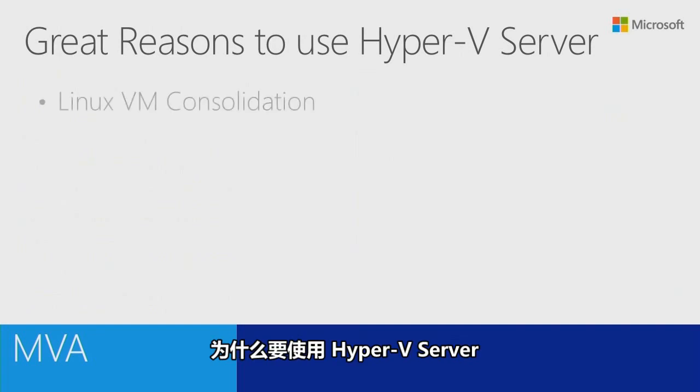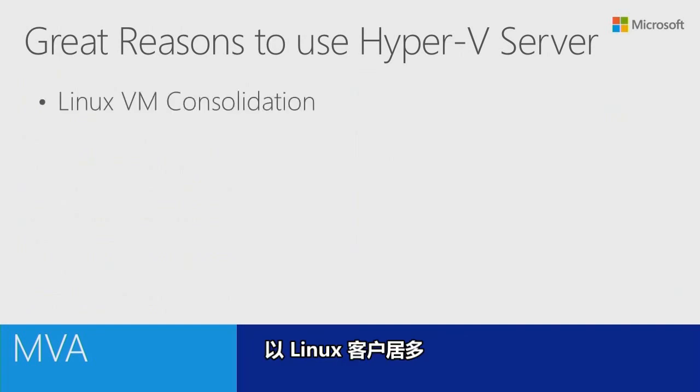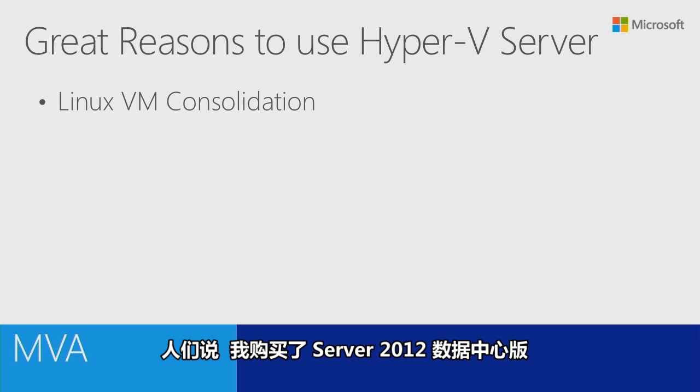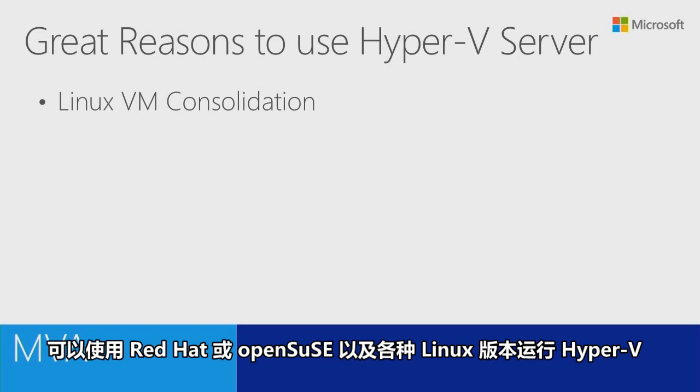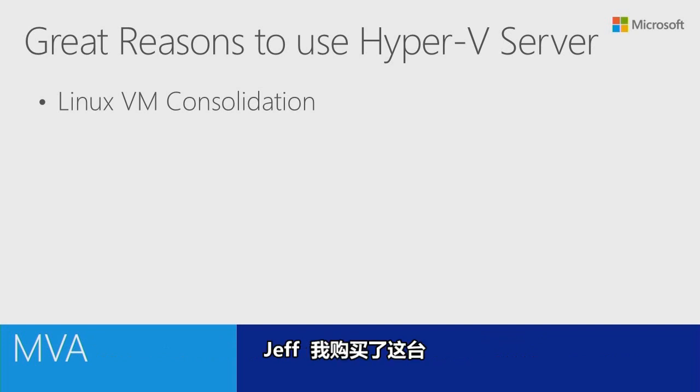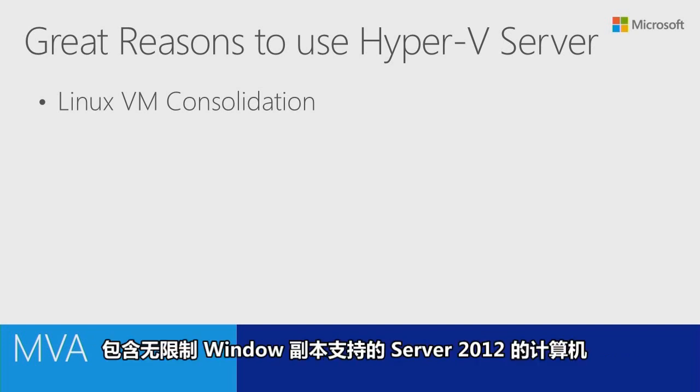So why would you use Hyper-V Server? Well, number one, Linux. People will say, I bought Server 2012 and I bought Data Center Edition because the reason I bought it is for the unlimited copies of Windows. So I can certainly run Linux on there. I can put Red Hat, CentOS, SUSE, OpenSUSE, a variety of different Linux distros on Hyper-V and run it as well. But someone will tell me, but Jeff, I bought this machine with Server 2012 for the unlimited copies